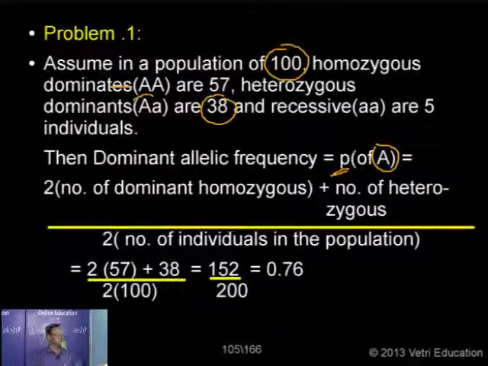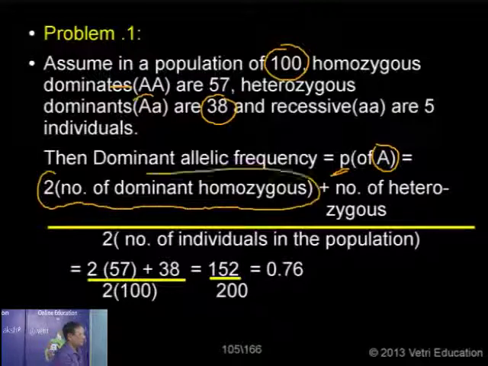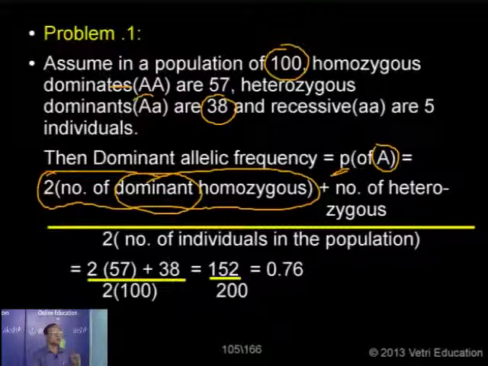And similarly, if you want to calculate the recessive genotype frequency or recessive gene frequency, there is another formula. So only this unit changes. If you want to calculate the dominant gene frequency, 2 into number of dominant homozygous plus number of heterozygous, and then 2 into number of individuals in the population. If you want to calculate the recessive gene frequency, you have to change this alone: 2 into number of recessive homozygous. Why are we taking 2? That means there are 2 genes. You see that one A, that's why we are taking it. But here only one capital or one small.